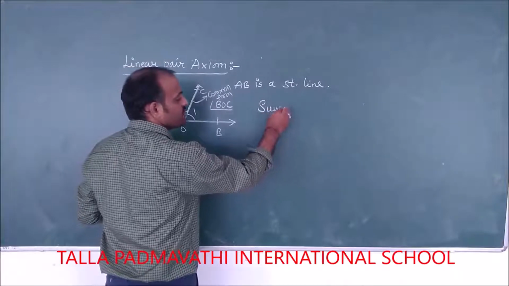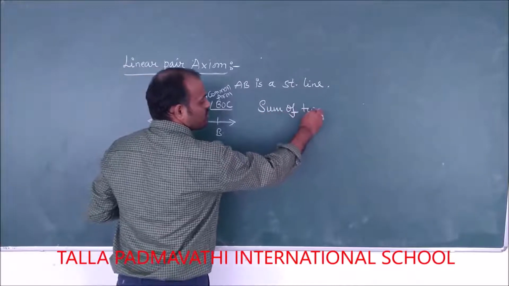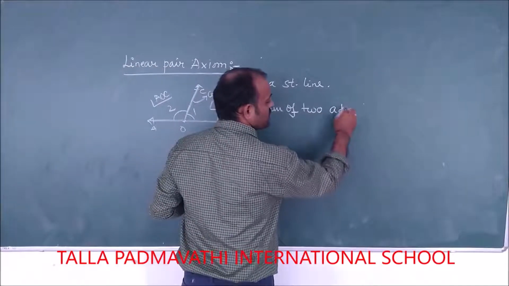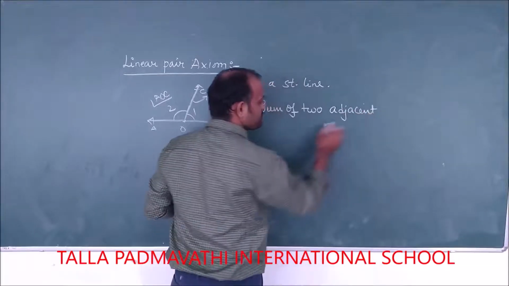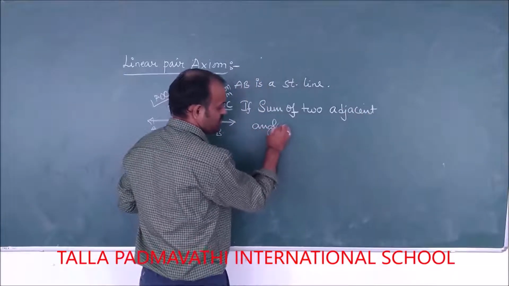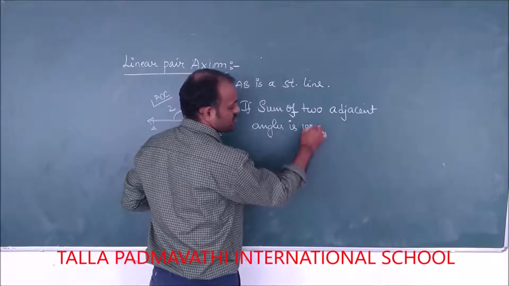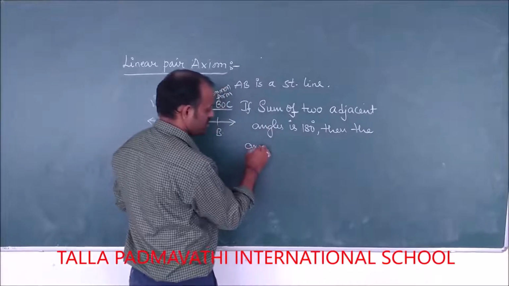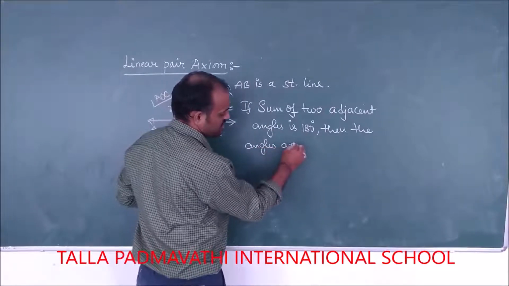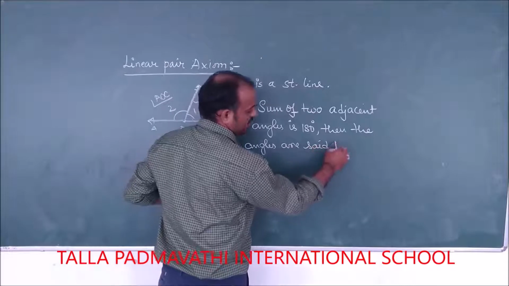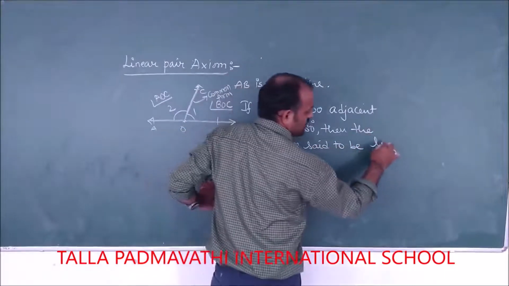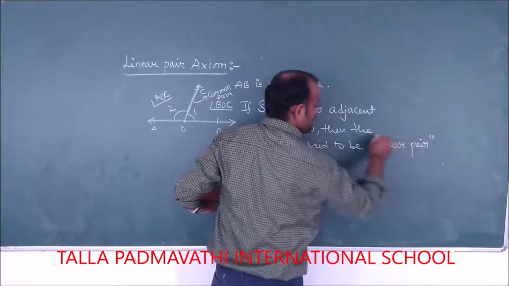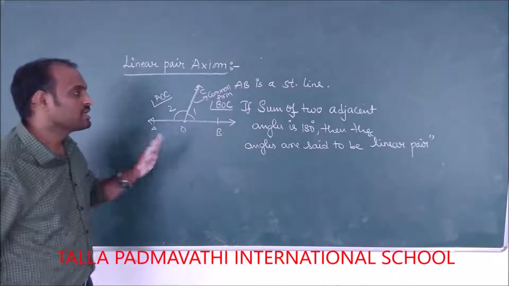If the sum of two adjacent angles is 180 degrees, then the angles are said to be a linear